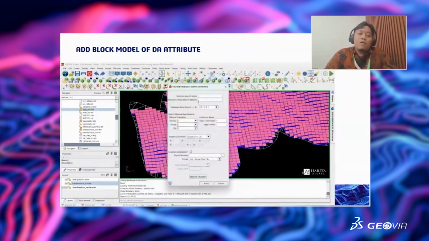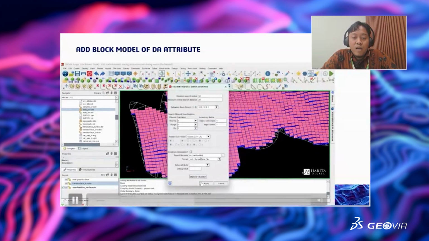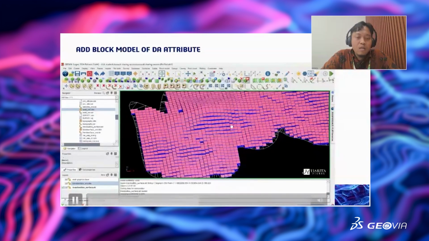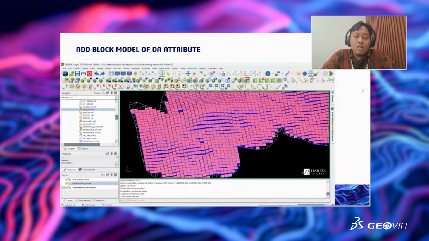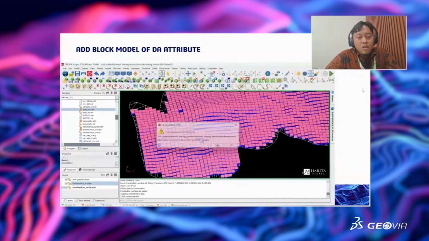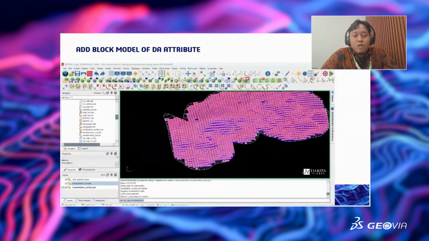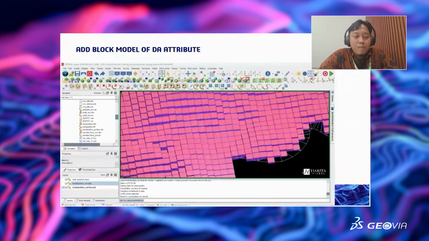After that I put my searching radius for the nearest neighbor estimation just 50 by 50 meters on the horizontal and 20 meters on the vertical, depending on the thickness of your solid, of course. And after that the rep code file here, and I click apply, and it has been done for your nearest neighbor estimation, and you are done putting your dynamic anisotropy attribute in your block model.